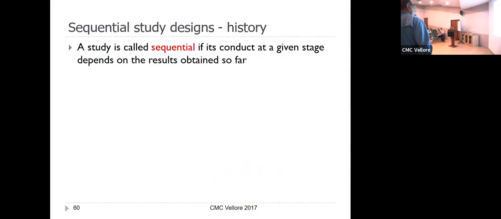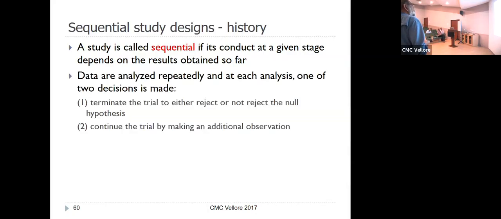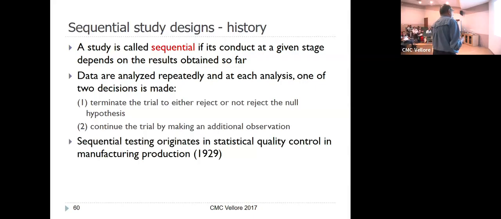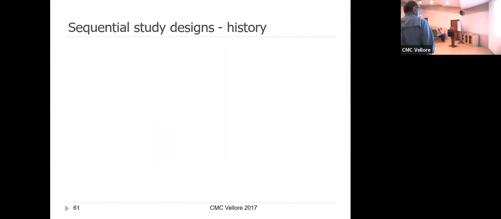They used statistical theory of what's called sequential testing, because you're testing it in sequence. And you're repeatedly testing at each analysis. This actually comes about in quality control in manufacturing. I'm producing toasters, and I start looking, how are the toasters? Are they good quality? Well, I have to check this toaster. And if I have enough good ones, I continue. If I have bad ones, I stop and I do this. So sequential testing comes from quality control.